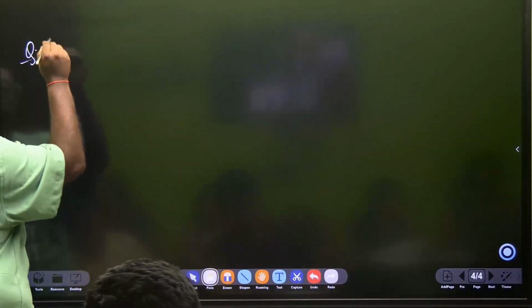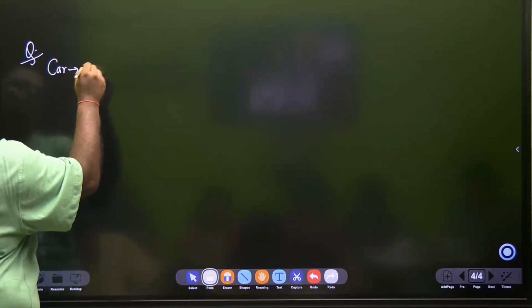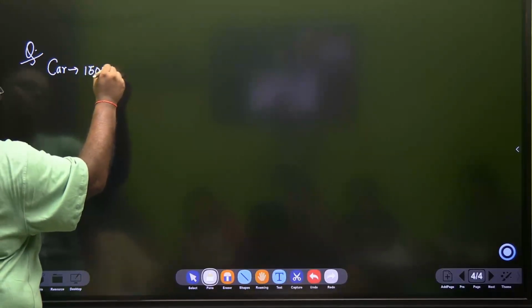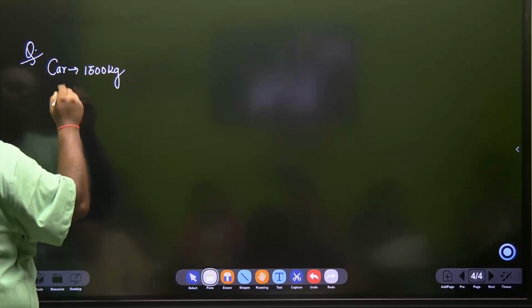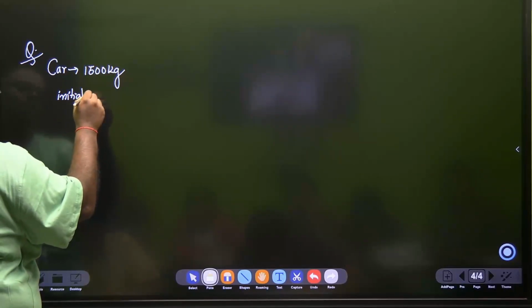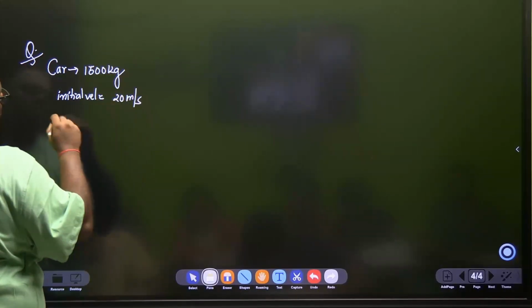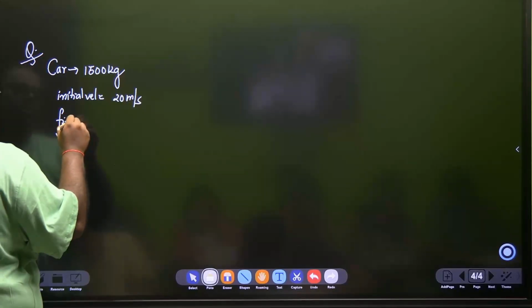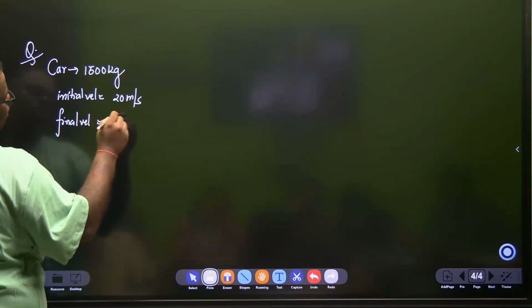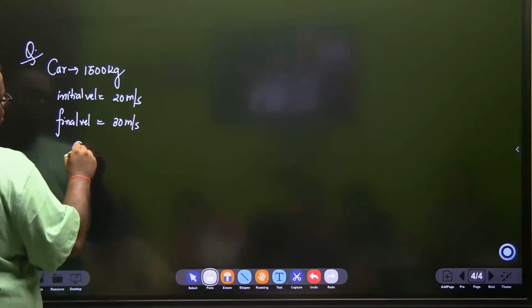So there is a car, the mass of the car is 1500 kg. The car has an initial velocity of 20 meters per second, has a final velocity of 30 meters per second. Calculate